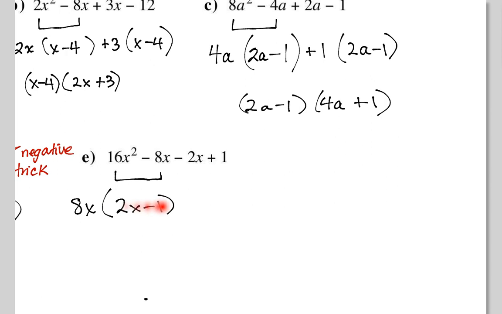And then if you look at this 2x minus 1, it's so close to this. So you just take out a negative. Because 2x is almost the same as minus 2x, they just differ by a negative. And same for the positive one and the minus one. And then you get